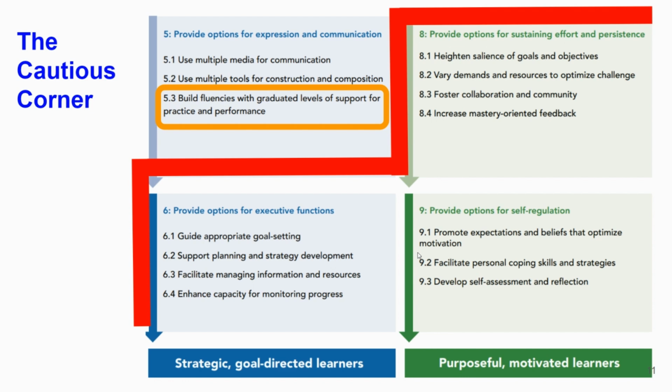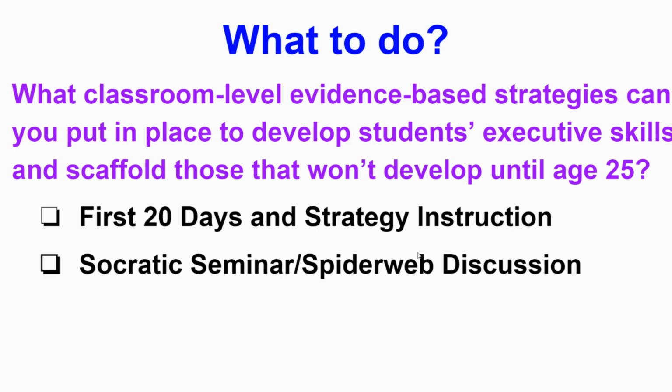And so that's our cautious corner. It's not just things that are difficult for our middle grades learners, but it's things that are difficult for all of us. So we want to be super cautious when we say, well, they did this yesterday. They were able to follow directions yesterday. They were able to manage their materials yesterday. They were able to monitor their progress yesterday and use a coping strategy. Sure, but the rental car companies would say just because you could do it to get your license doesn't mean you can do it every day. And so we have to remember to scaffold. Cautious corner. So, what do we do?